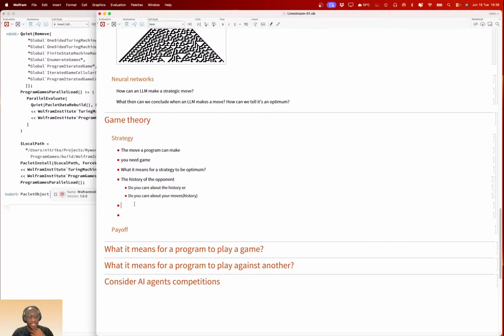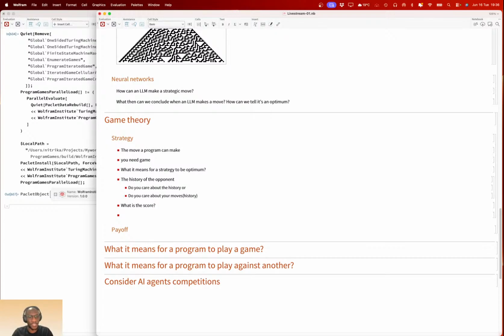The other thing you can ask in terms of strategy is, when I make this move, what sort of returns do I make? What is the score? What am I getting out of this strategy?